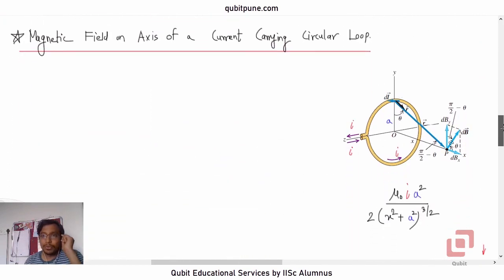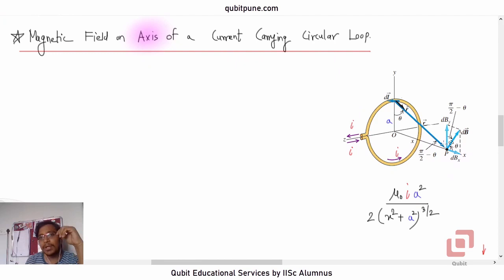So then we saw the first application of Biot-Savart law, in which we had a current carrying circular loop, which carried a current I. This loop was kept in the y-z plane with origin being the center, and we wished to calculate the magnetic field at some point P on its axis, on the axis of the loop. Magnetic field on axis of a current carrying circular loop.